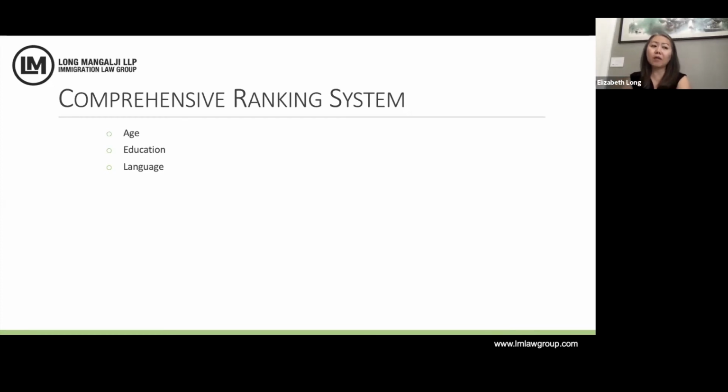Okay, if you do have Canadian work experience, then you might be okay if your points are slightly less. The relevant Canadian work experience that I keep talking about is the same kind of work experience that's defined under the Canadian experience class. Except under Canadian experience class, you have to apply within 3 years and get that work experience within 3 years. To get the points for this, it's within the last 10 years. Foreign work experience that's high skilled can also give you points as well.